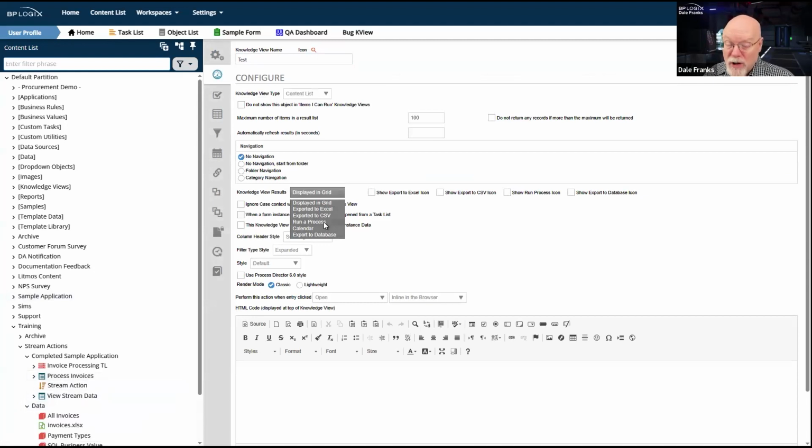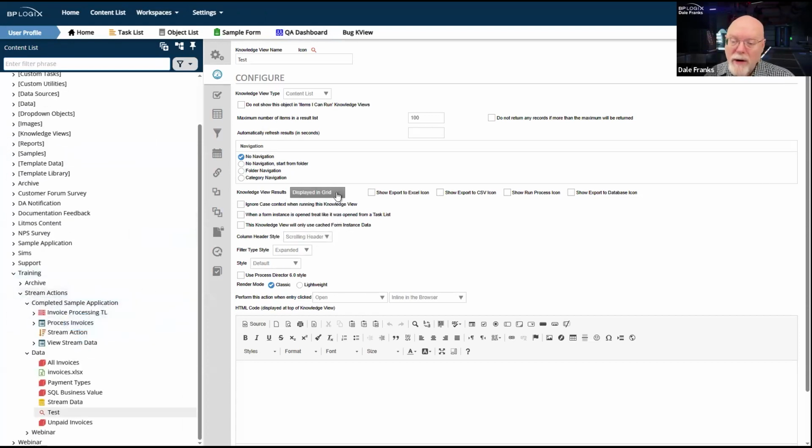This will actually run a process. What this will do, and by the way, the same thing happens in a goal. Goal has the same action. You have the ability to run a knowledge view in a goal or run a process. And it means exactly that, run a process. By which I mean to say that whenever this knowledge view, for example, runs, you're going to have to define a process.